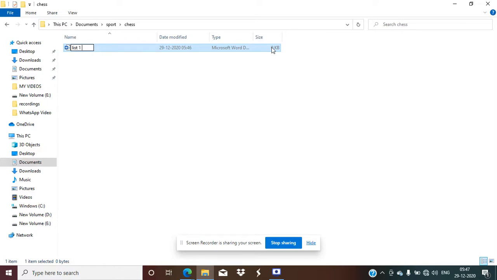I have made a file with the name list1 and I pressed enter. Now, in the general way, we used to open Microsoft Word, in which we type the document and then save the file. But here we have already saved the file and now we have to enter data into it. So we will double click on the file and a blank new file will be opened directly.